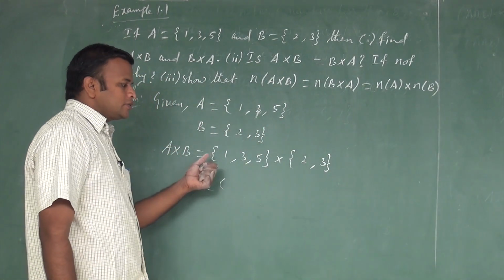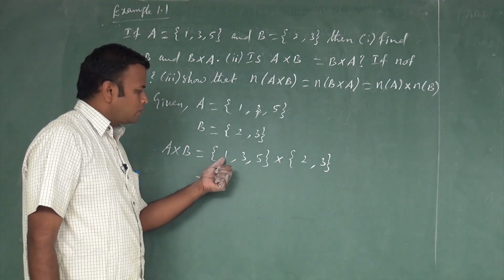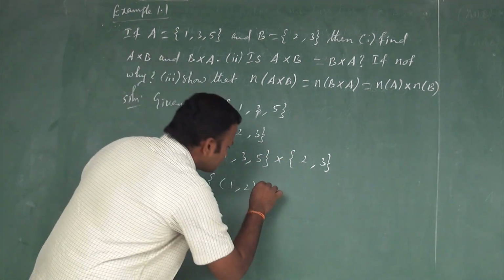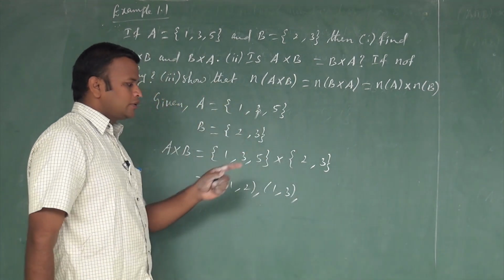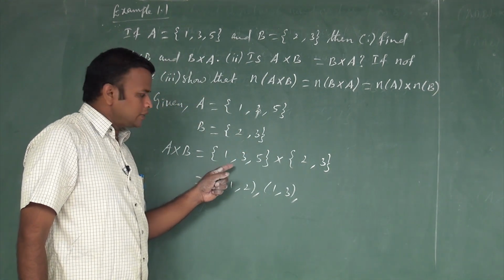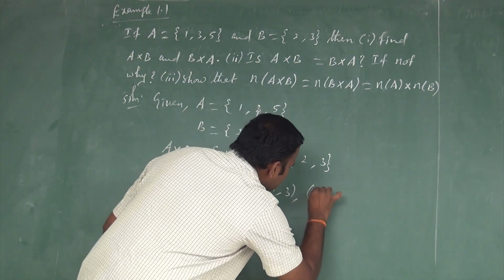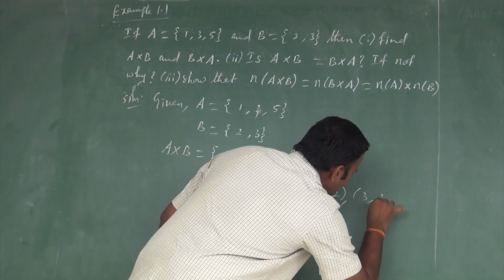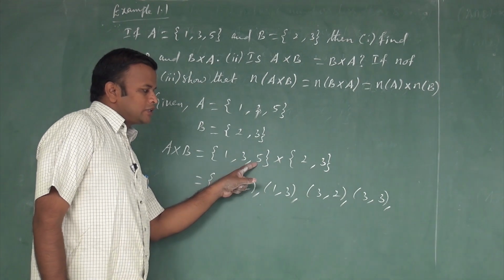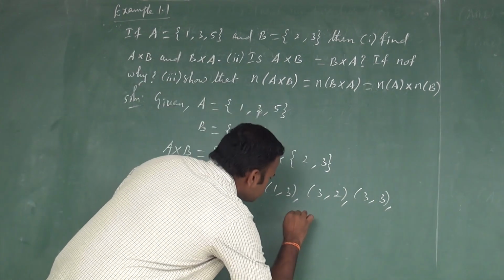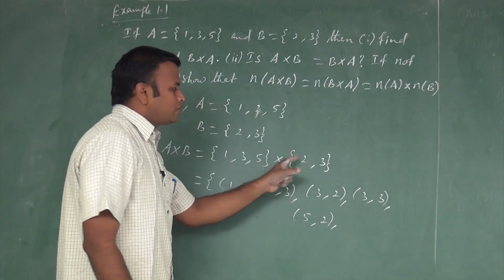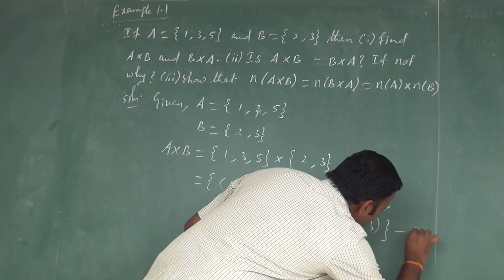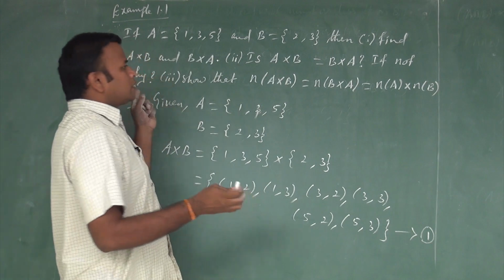In the Cartesian product, the first possible ordered pair is 1, 2. Next one 1, 3. Next, after 1 the next element is 3: 3, 2. Next one 3, 3. The next possible ordered pair is 5, 2. After 5, 2 the next one is 5, 3. In the second one I check